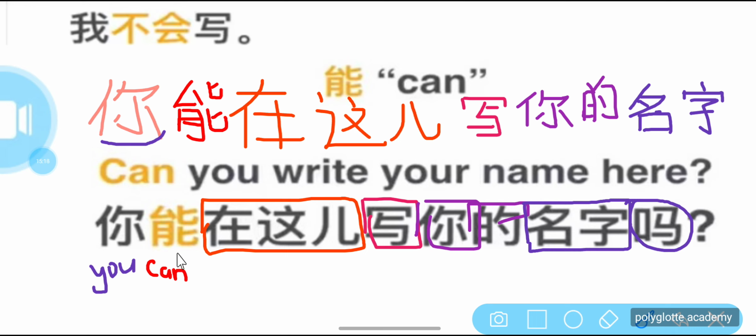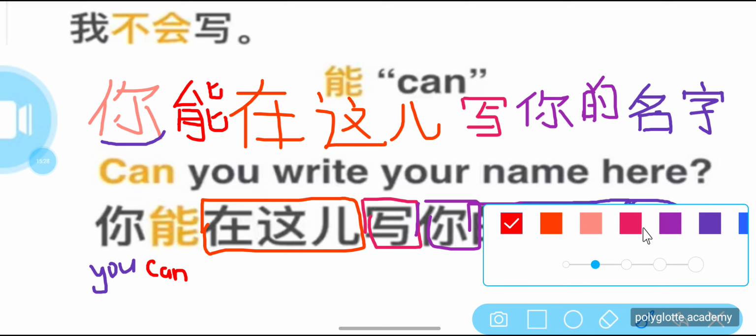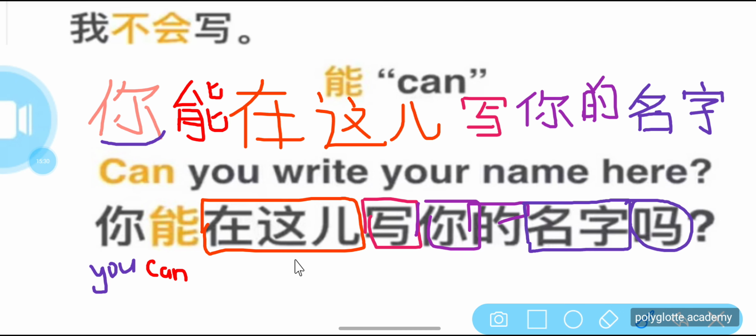So we have neng, which is can, and zai zhe by itself will mean here, talking about a place. So you can, here. Xie,